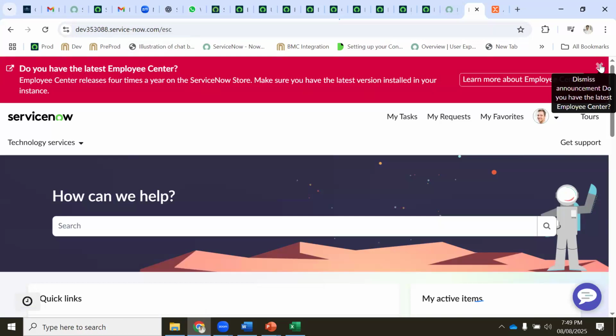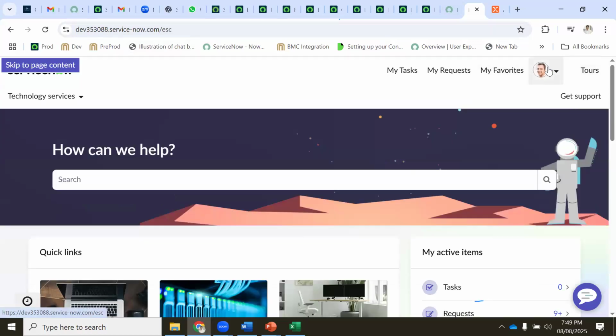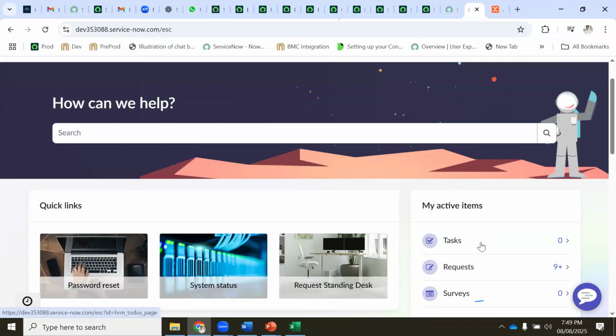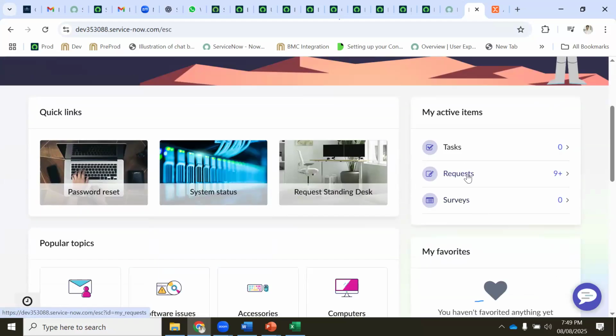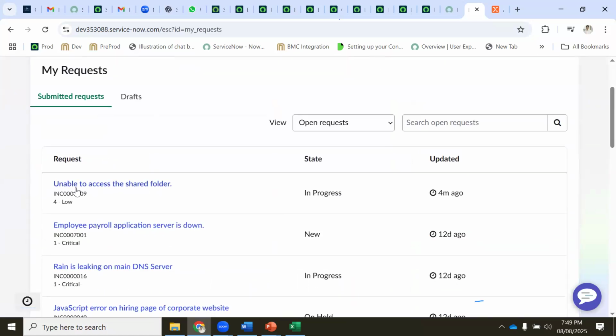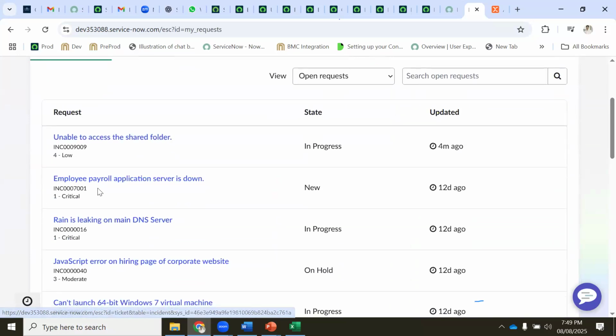Okay, at present I'm just leaving it. My photo is there. I'm the administrator, my photo is there. How will a ticket be created? A tour will be there. If you have created any tickets, your my tasks will be there. In case you created any task request, suppose a laptop request, mobile request, whatever, it will be there. If you have any tasks here, it will show. See, suppose I have 9 tickets created. As an administrator, I've created: unable to access share folder, employee payroll application server is down.